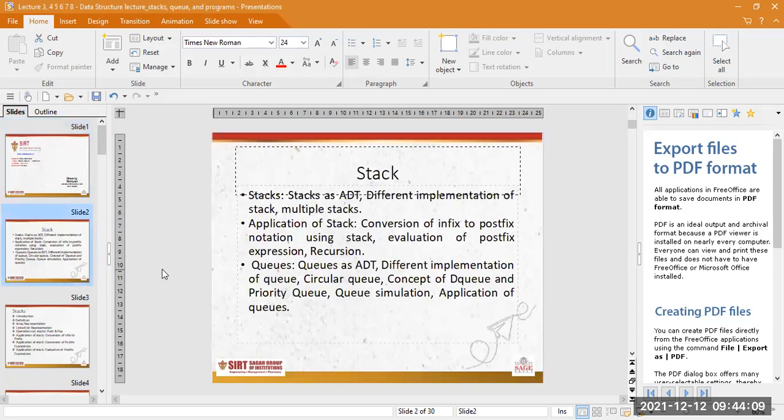So if we talk about stack, I have told you in the last class that it is a kind of data structure which is used to manipulate the data which is stored in your systems. Okay, stack is working on the principle which is called last in first out, where we have two operations, push and pop.